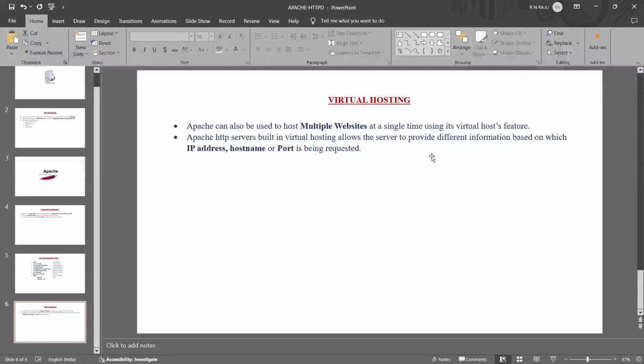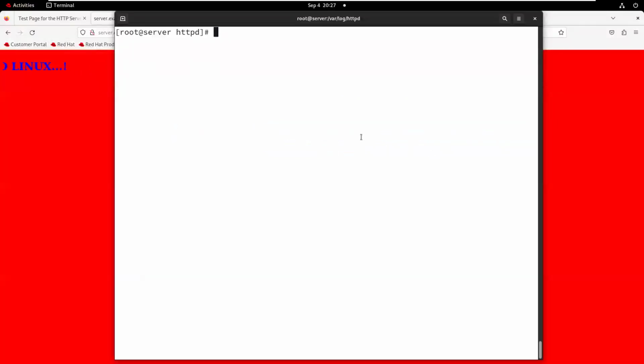So if you want to host multiple websites per IP address, I will show you here how to host a website. In this location, /var/www/html, one page is there, and it looks like this. But I want to host multiple customers' websites on the web server.